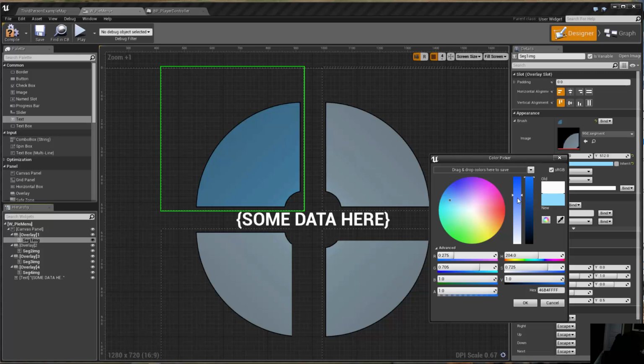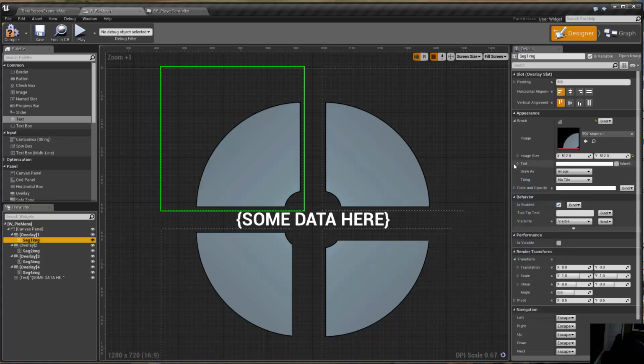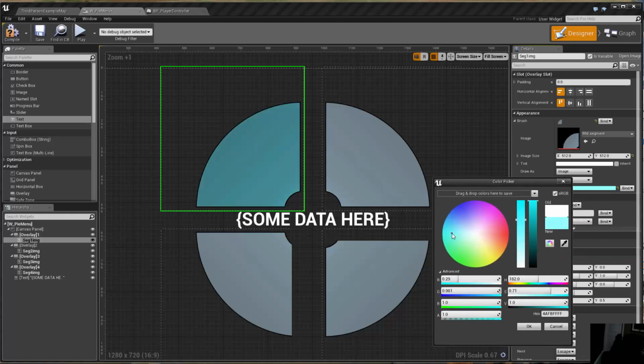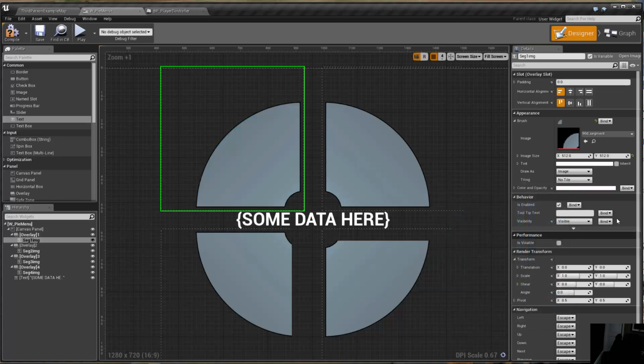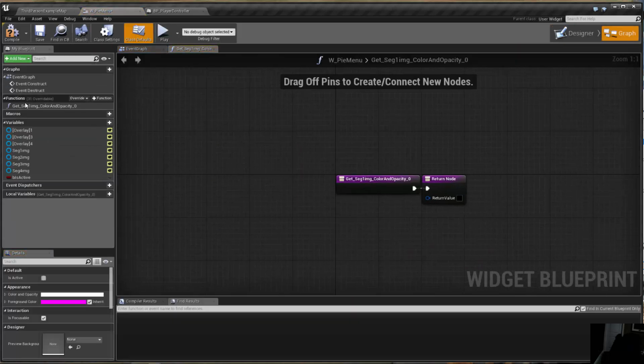So take overlay 1 and take segment 1 image, and you can see we can tint it. If we tint it black, it turns darker. So we can do that. We can also tint it with blue if we want, something like that maybe. So let's copy that hex code, make it a little bit darker, sorry. Let's copy that hex code, just pick a color you like and cancel. And so the tint,